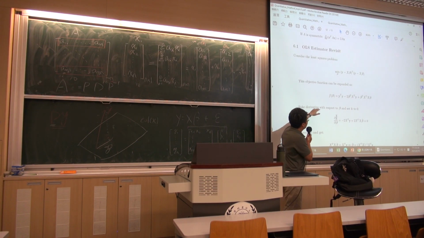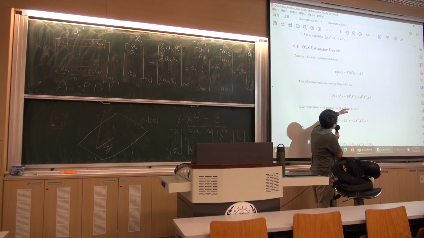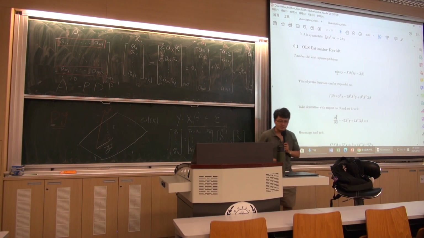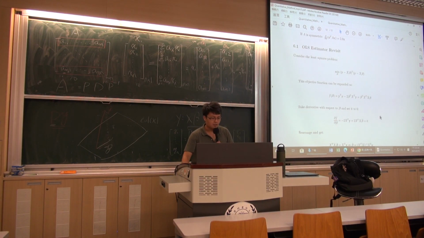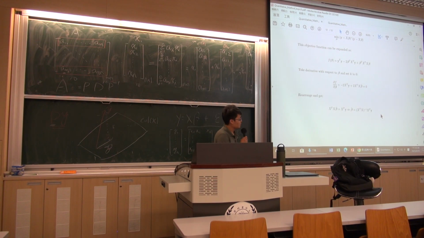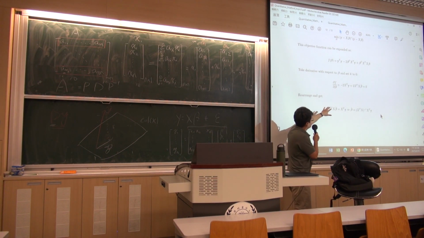You expand it and rearrange it, and you will get an objective function that looks like this. Take the first order conditions here and rearrange, then you can still get